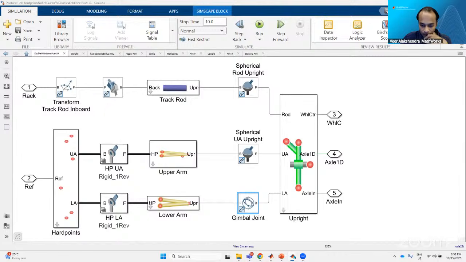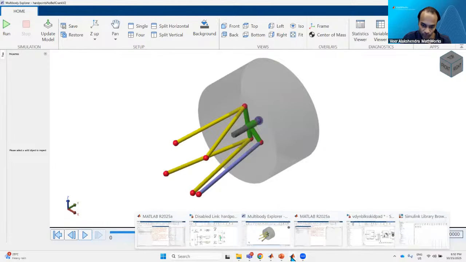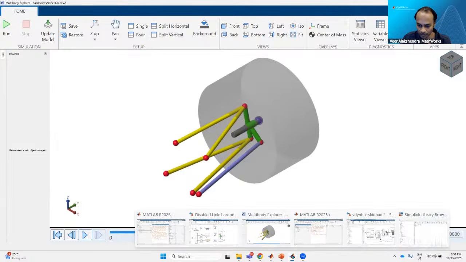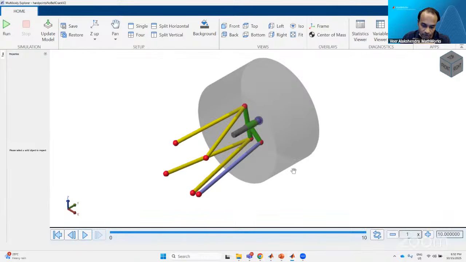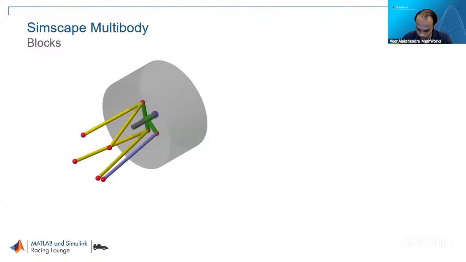Now further, if you are new and you want to get started with this simple suspension system, these are provided, and I'll show you the repository that we have, so that you can go and try it out. So start with this. Don't jump directly into the full vehicle model that I was showing at the start. Once you have understood this, let me give an overview of the